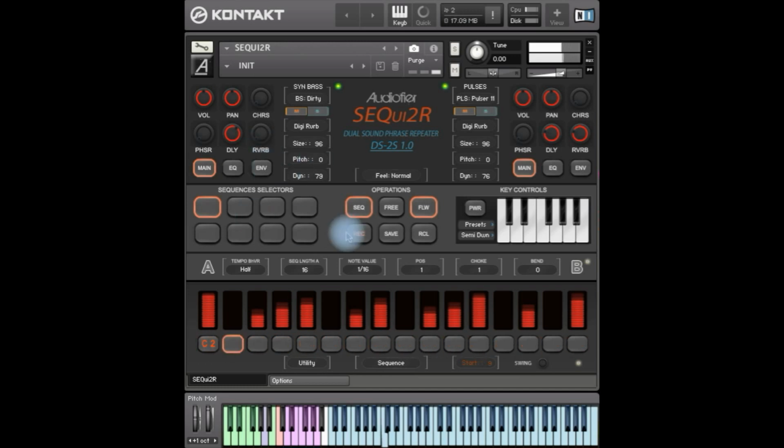I can keep on playing this one, select a different phrase and save on it. So now this phrase and that phrase are the same. What I can do now, I can edit the second phrase and just change a few notes. I can do it different ways. The first thing I could do is just to change